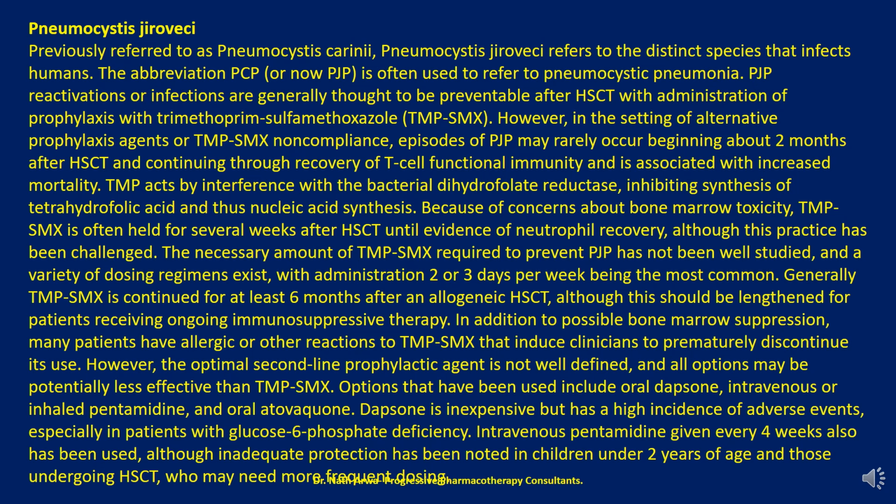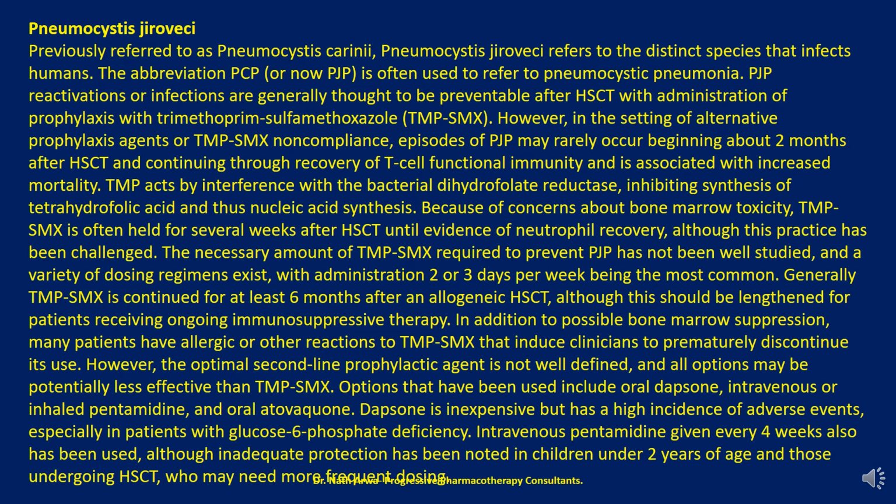Generally, trimethoprim sulfamethoxazole is continued for at least 6 months after an allogeneic hematopoietic stem cell transplantation, although this should be lengthened for patients receiving ongoing immunosuppressive therapy. In addition to possible bone marrow suppression, many patients have allergic or other reactions to trimethoprim sulfamethoxazole that induce clinicians to prematurely discontinue its use. However, the optimal second-line prophylactic agent is not well defined, and all options may be potentially less effective than trimethoprim